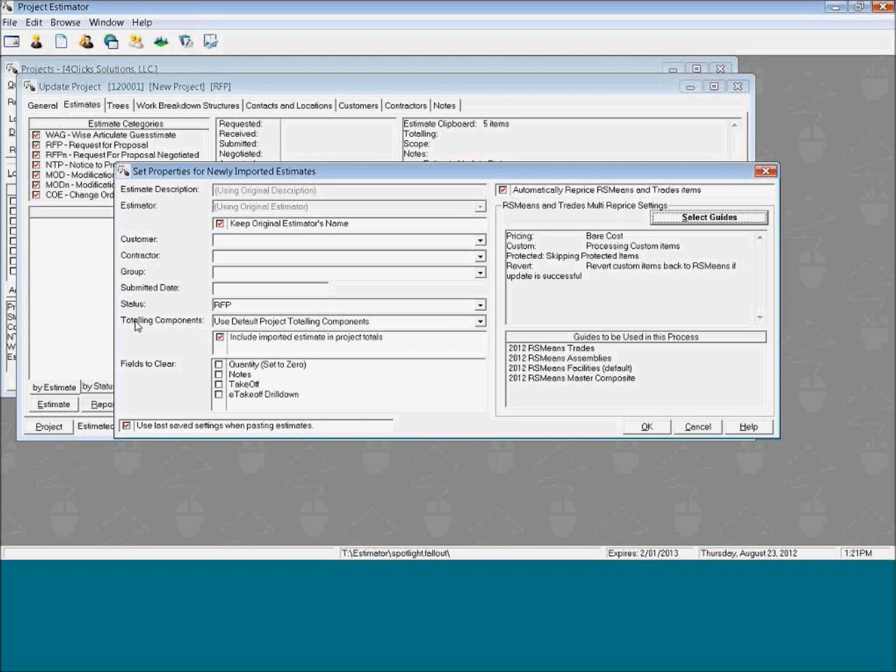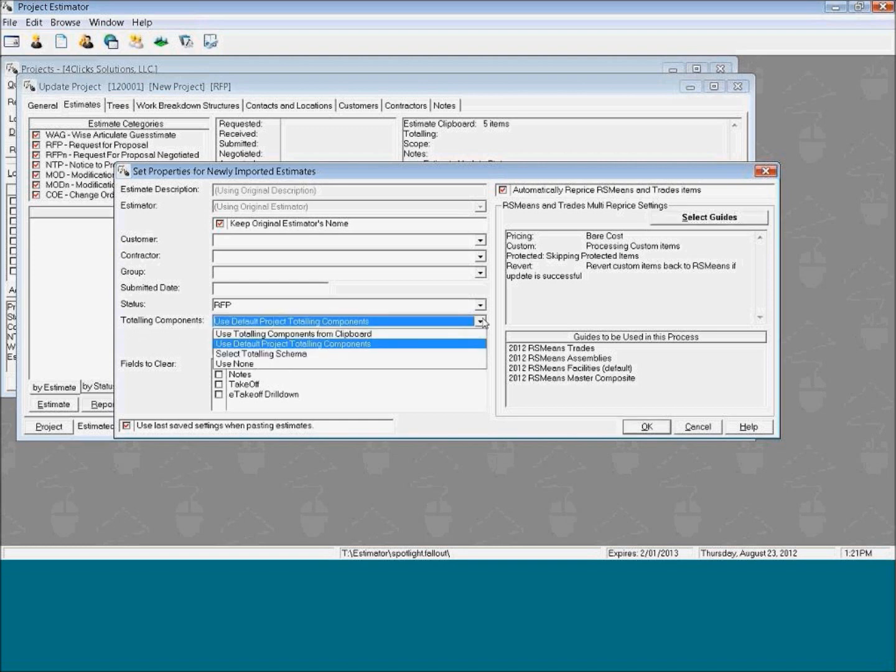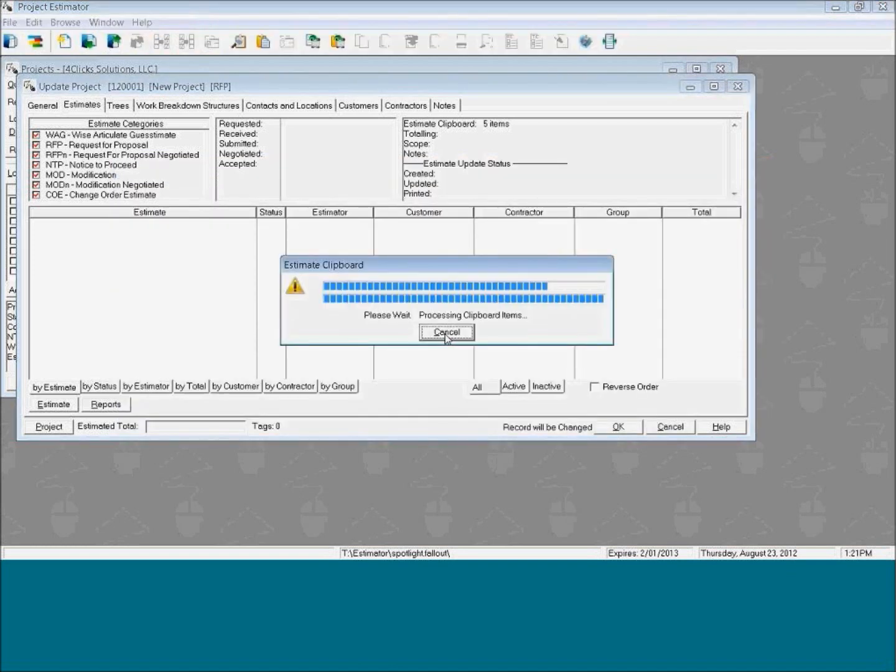And then, remember the second step was the totaling components. So in our totaling components, we have several examples. We could use the totaling components that came with the estimates. And again, we were in several different projects, so who knows what those are. We'd have an interesting mixture. Normally, I use the default project totaling components because I created this project and specifically chose the markups that I'd like. We could select from our list, and we could use none. So I'm going to use the default, and when I click OK, this is going to bring all 5 estimates